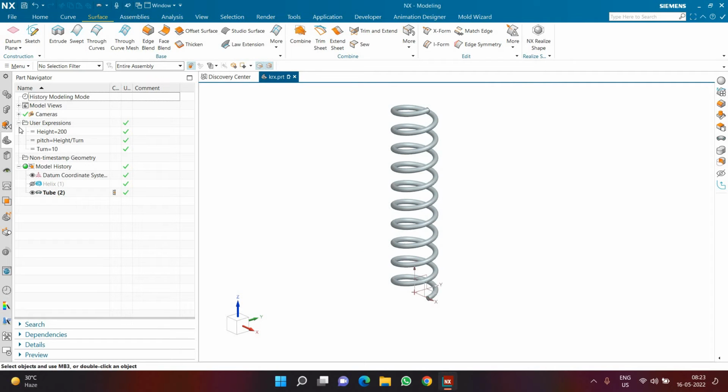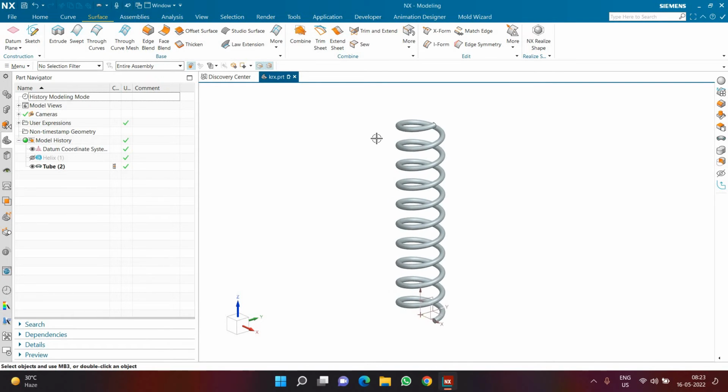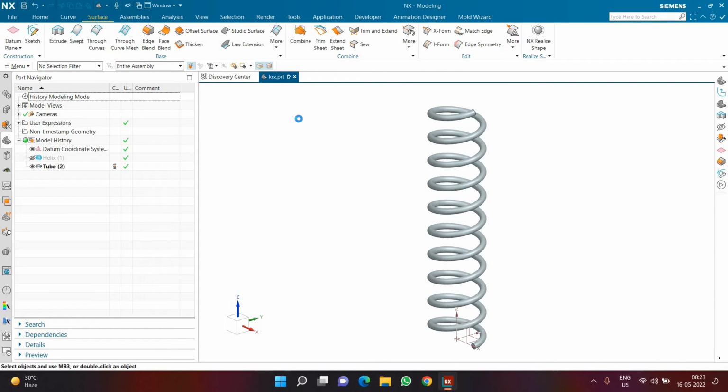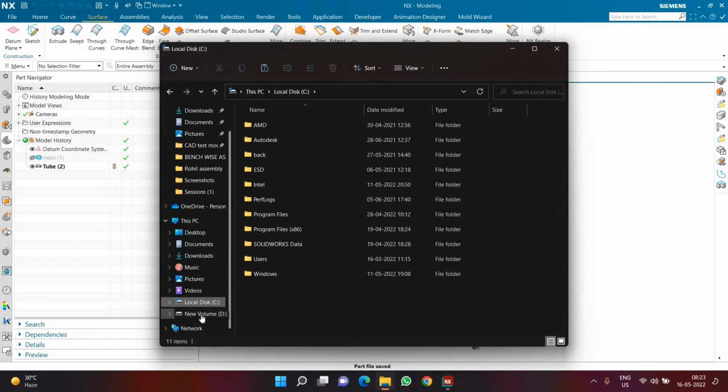And now I want to add this also as my file for the library. So first of all, what I'm going to do is I'm going to press save, and I'm going to save this in the same location where my other part is saved. For example, if I just take you to that location,